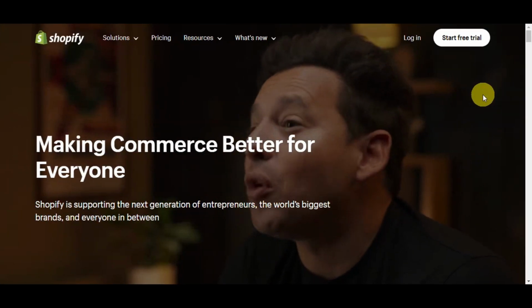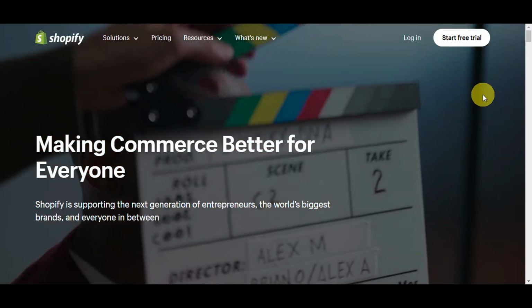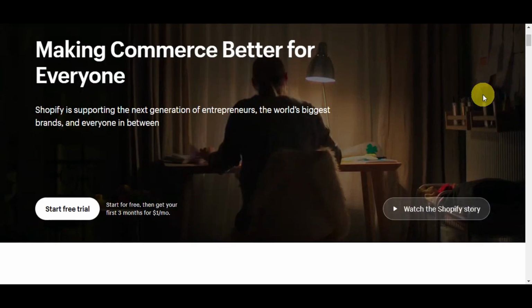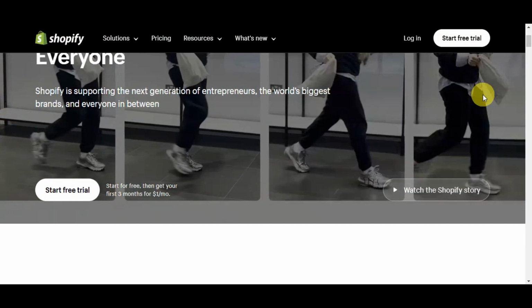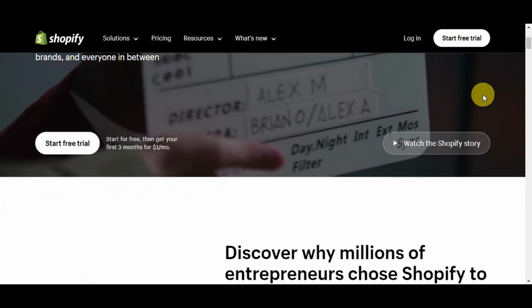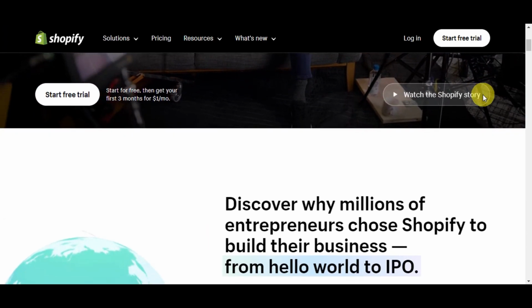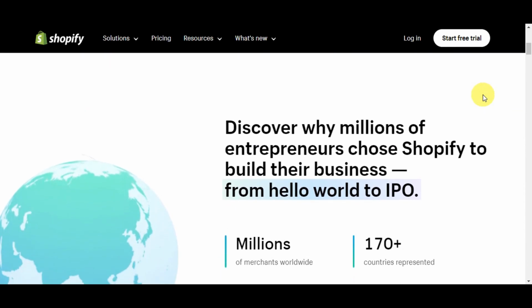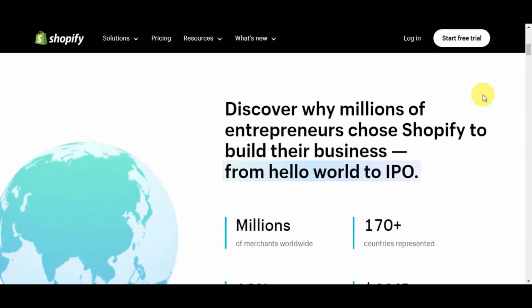So if you're not familiar with Shopify, this is actually a popular e-commerce platform that enables businesses to create and manage their online stores. It provides a user-friendly, customizable, and comprehensive solution for selling products or services online. It offers a range of features including website design and hosting, product management and payment processing, order fulfillment, and